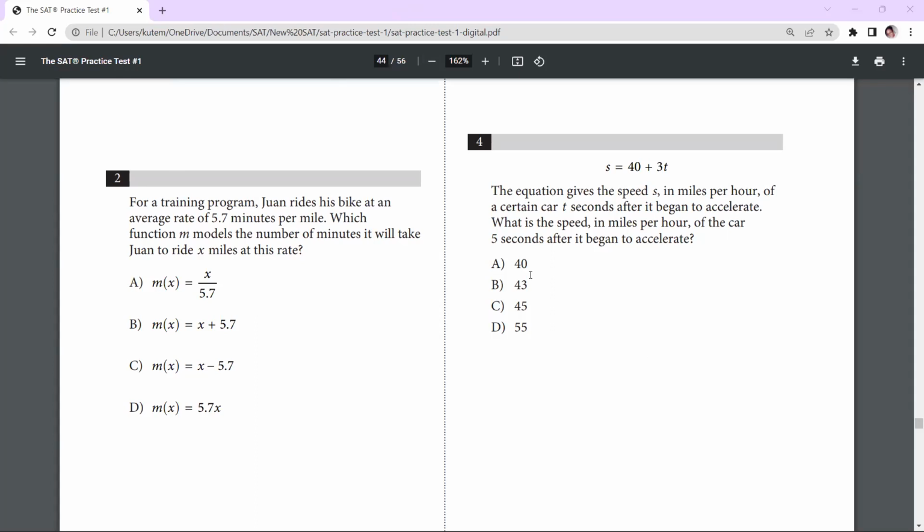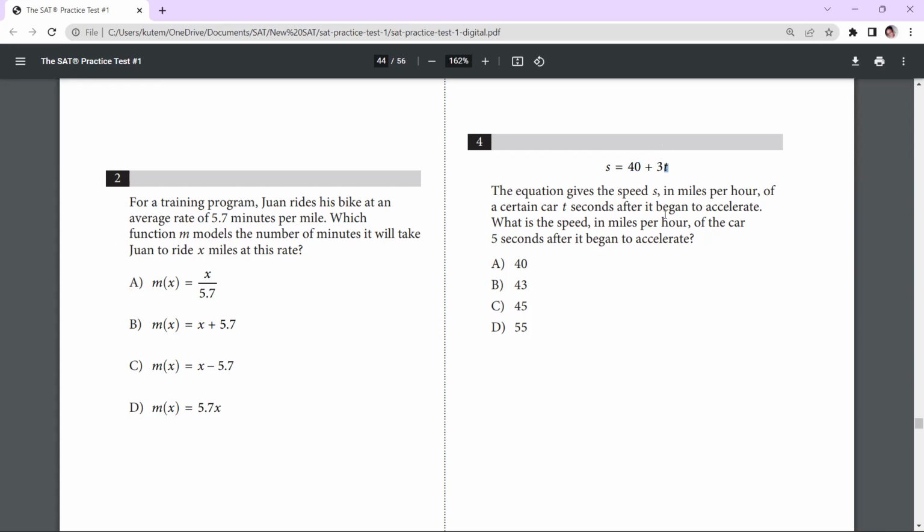Okay, so this one is not really conceptual, but you understanding what the equation means is definitely helpful. So let's see, it says this equation gives you the speed in miles per hour of a certain car t seconds after it began to accelerate. So it means that for every second, you're moving 3 times faster, and 40 is like your base speed in a way. So what is the speed in miles per hour 5 seconds after it began? So you already have this equation. All you need to do is put the 5 where the,